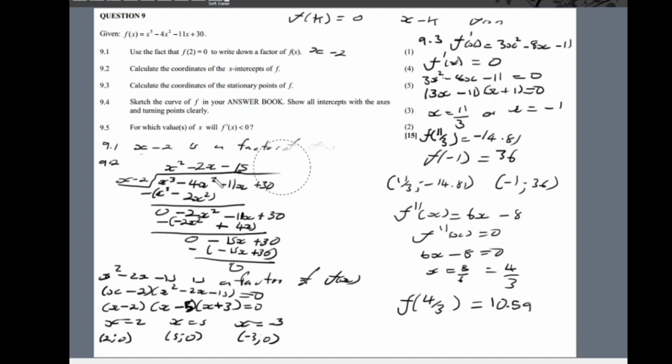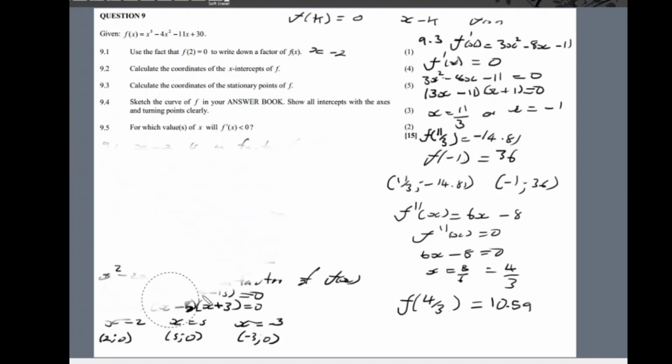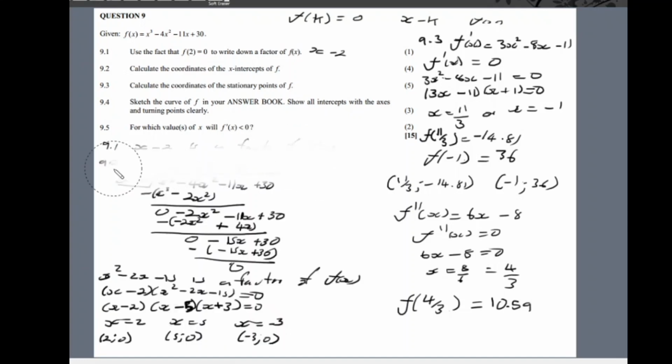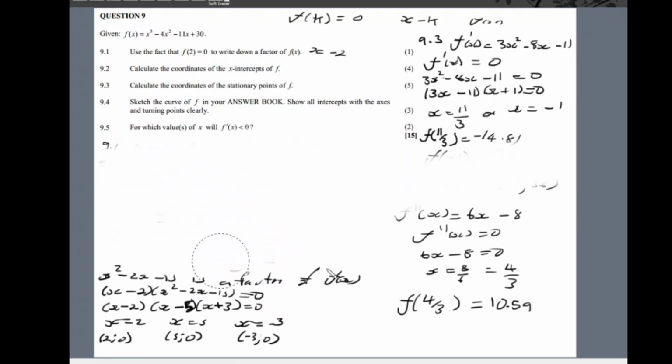So now we can go ahead and sketch the function. Right, so I'll have my x-intercepts at minus 3, and at 2, and at 5, right? So these are my x-intercepts, and then my y-intercept will be at 30,